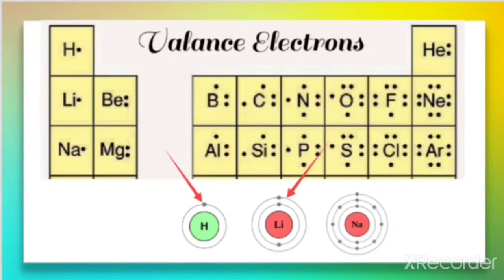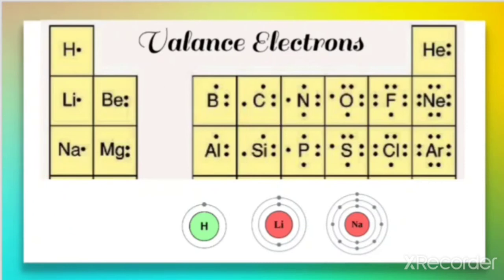In sodium, there are 3 shells. So in the outermost shell, when you count it, there is only a single electron. So hydrogen, lithium, sodium, all these have only a single electron in the outermost shell. So the valence electron for hydrogen, lithium and sodium is equal to 1. So it is better to learn the sequence in this order so that you can easily find out the valence electron. Hydrogen, lithium, sodium, all these have valence electron 1.